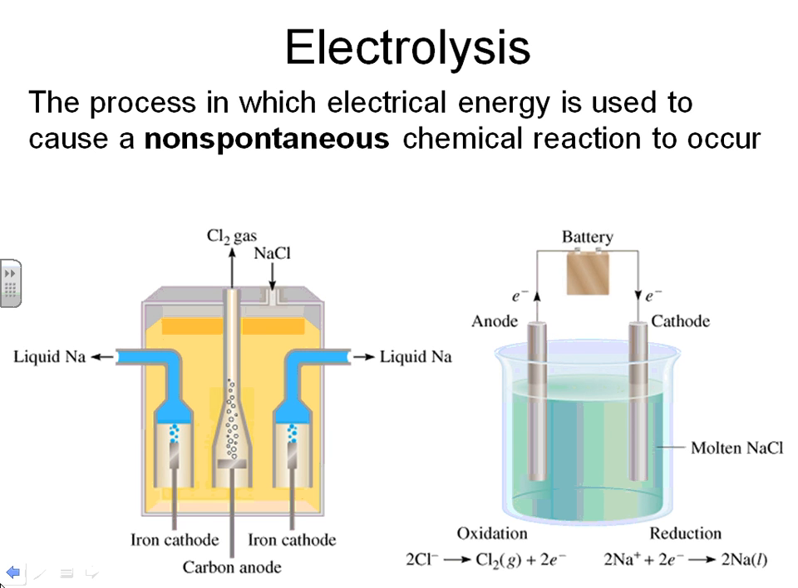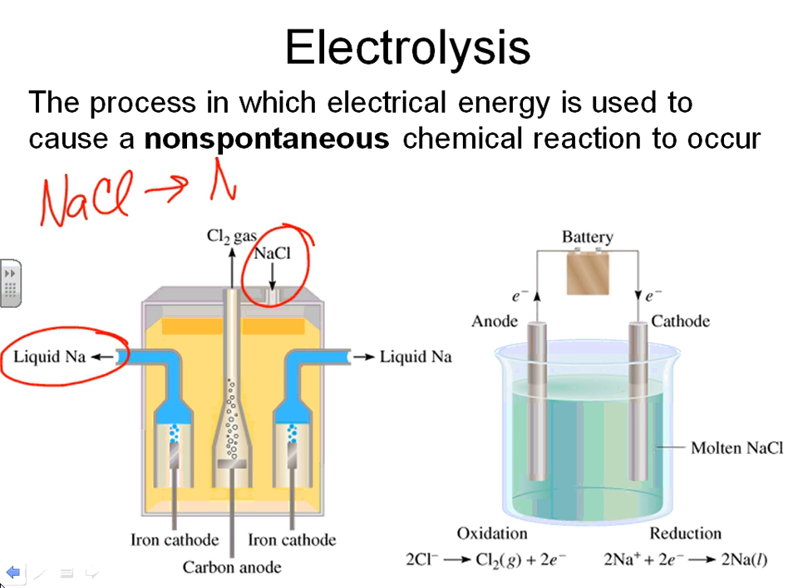The first one, the yellow one here, notice this. We're putting sodium chloride in. So we're taking NaCl and we're turning it into, if you look at what's coming out, liquid sodium and chlorine gas, balancing it like that. This reaction, taking sodium chloride and turning it into liquid sodium and chlorine gas, is very, very much a non-spontaneous